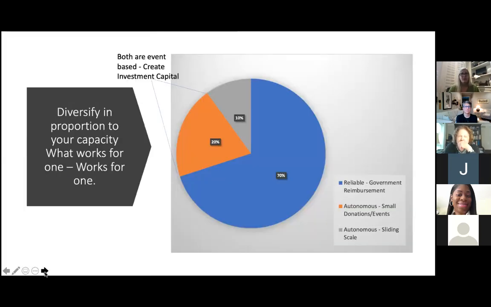So, when we think about diversification, think about diversifying in proportion to your capacity. What works for your organization works for your organization. It's not a hard and fast model. So, if we were to look at a pie chart example, which we're going to get more and more into here in our case study,